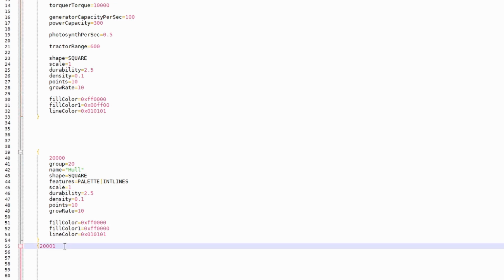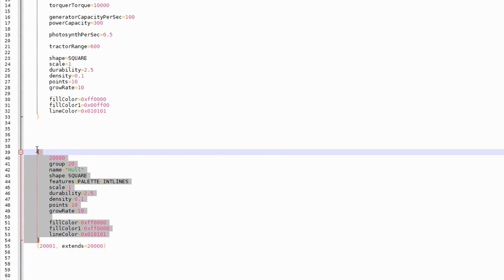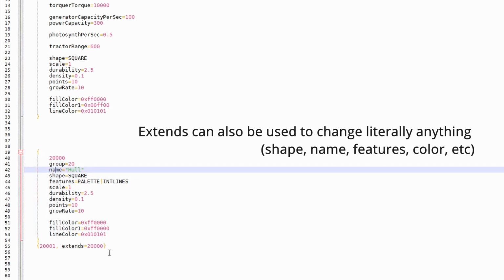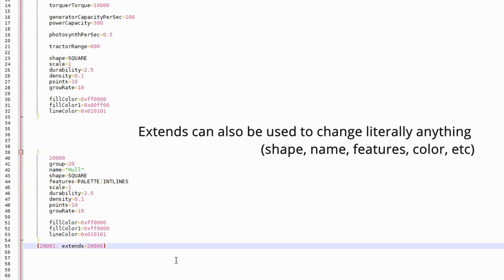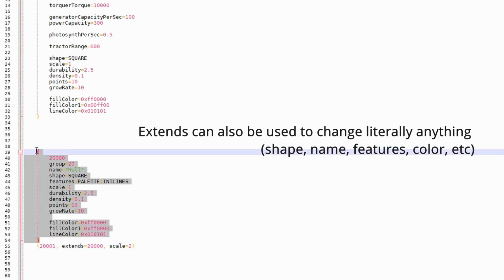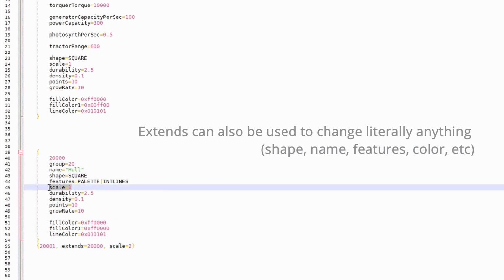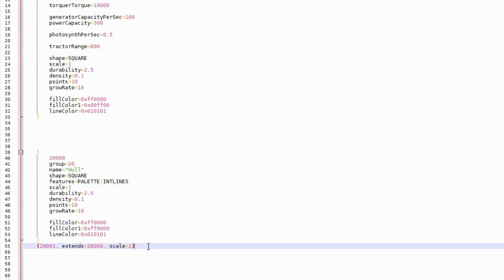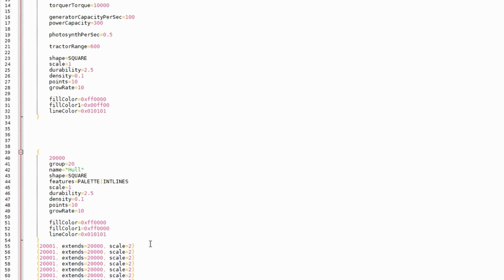And then the rest of the syntax is really simple. Extends equals, and then the block you're extending off of. And this is technically enough. This is just going to spawn the same block as this with all of these values. And if you want, you can add extra information to this. So if I put scale equals 2, it's going to copy paste this entire block and replace this scale equals 1 with scale equals 2. So this way, we can just go ahead and make a bunch of blocks